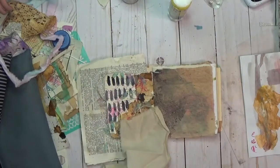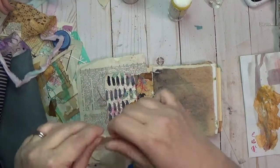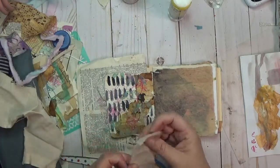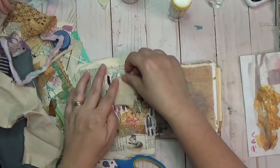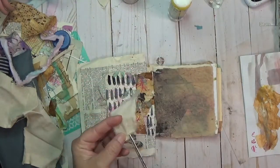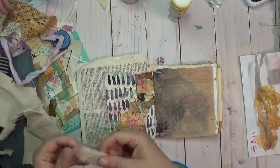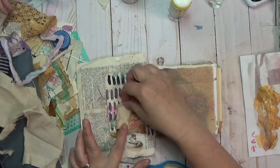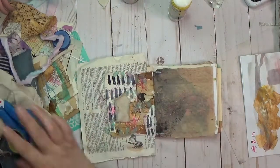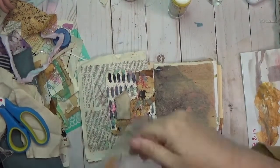So once that is all dry and everything's looking pretty, I decided I wanted to add some fabric and I wanted it to hang off the page. I think I'm gonna play with this a while, like way too long, because I just couldn't decide exactly what I wanted this to do, but I knew I had to have some fabric on this page. So I'm tearing this down and tearing it down, and for some reason I felt like I needed to fold it. So I folded it over here, and then I go and I grab my wonky bits that I made